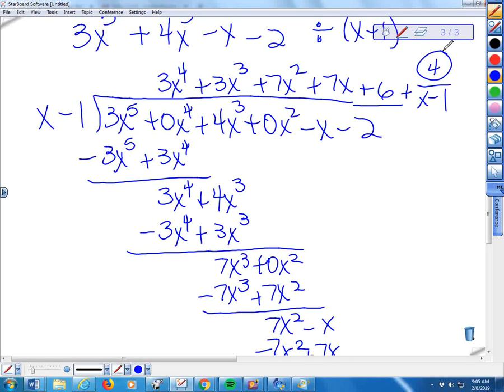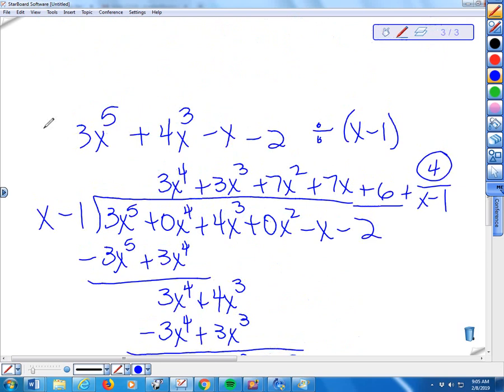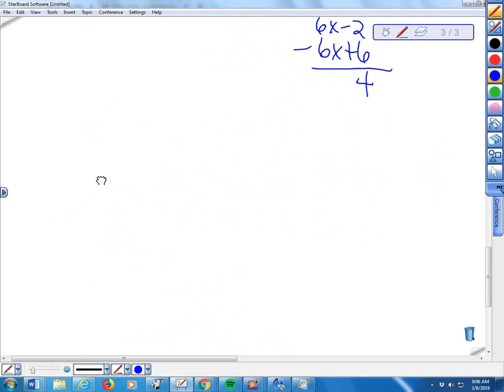Okay. Now we're going to talk about synthetic division. All right. Synthetic division, same problem. What I'm going to do with synthetic division in the problem is I don't write the whole term, I just write the coefficient. So that's the first thing that you're going to do. And you still need placeholders. So if my problem was this long one, 3x to the 5th plus 4x cubed minus x minus 2 divided by x minus 1, I'm going to just write